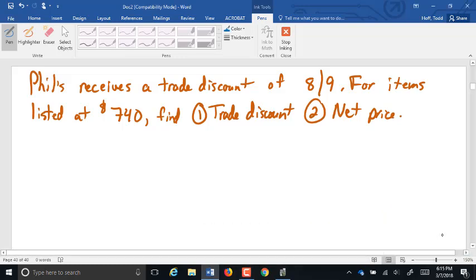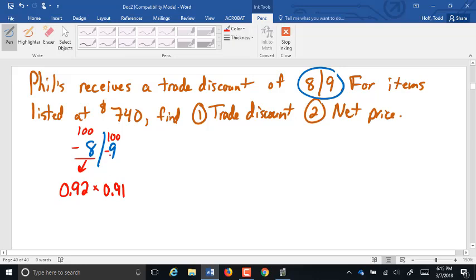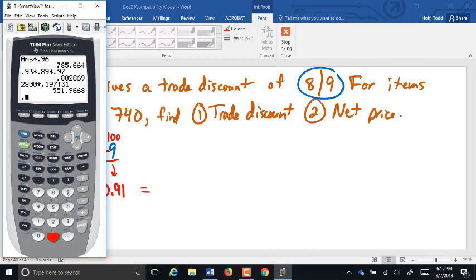Okay, so let's take a look here. We have the 8.9 trade discount. So we're going to start with that. What do we do with the 8? Subtract from 100. You got it? Which is going to give us 92. So it becomes 0.92. Good. Times 0.91. Good. We do 100 minus 9 is 91. That becomes 0.91. We multiply those together,